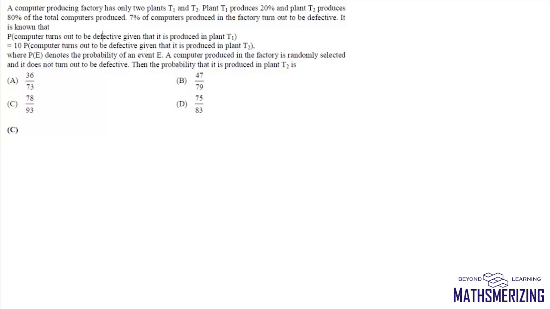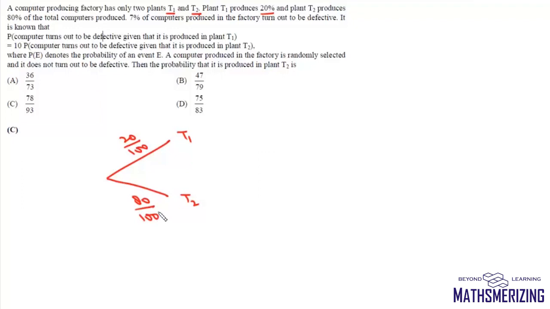Now here the question is, a computer producing factory has only two plants, T1 and T2. Plant T1 produces 20% and plant T2 produces 80% of the total computer produced. So we have two plants, T1 and T2. Now plant T1 handles 20% of the production. So the probability of choosing a product from T1 is 20 by 100, and from T2, this probability will be